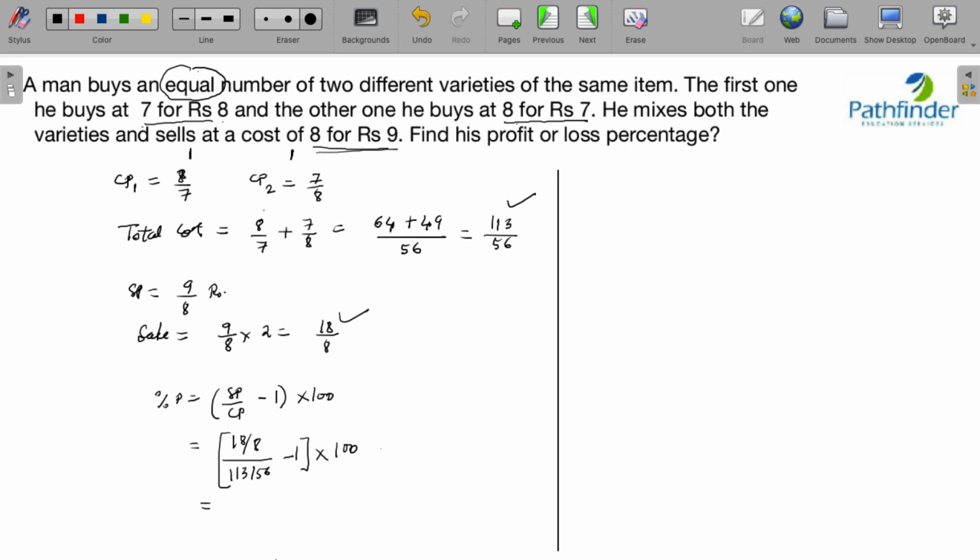On simplifying this, we get 18 into 56 upon 113 into 8, minus 1, into 100. That is the percentage profit, or the percentage profit is 126 upon 113 minus 1, into 100. On taking the LCM as 113, we get 13 upon 113 into 100, which is